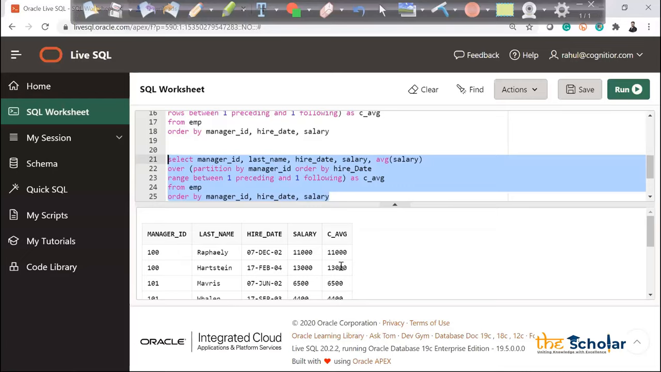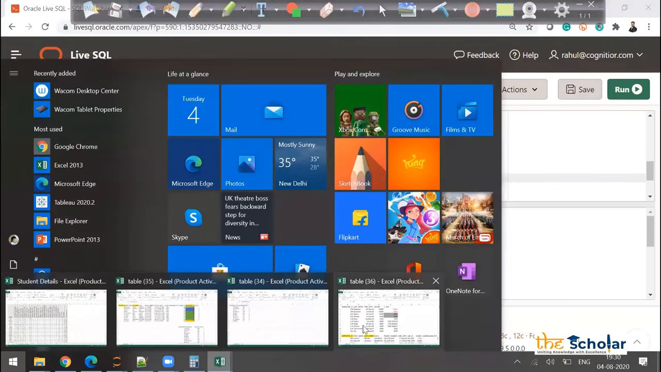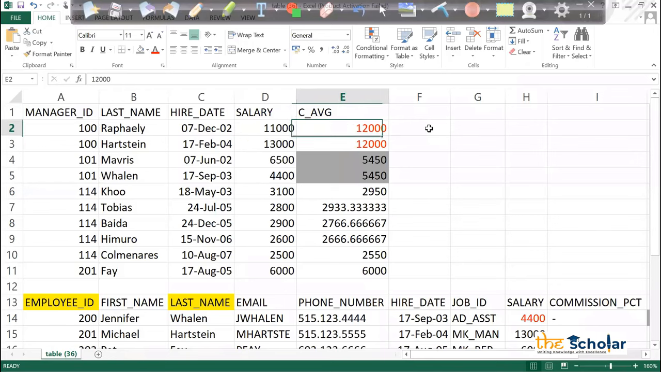Let me run this again, but this time I will make some changes in the query. Let's see whether this is making sense. Now here I am doing one preceding, two following. So one preceding, two following should give me what? Let me do that first calculation here and then we'll compare the result. As per our understanding, one preceding, two following. So this one, there is no previous value, and for two following, only one value is there, so it will take the average. So it will be